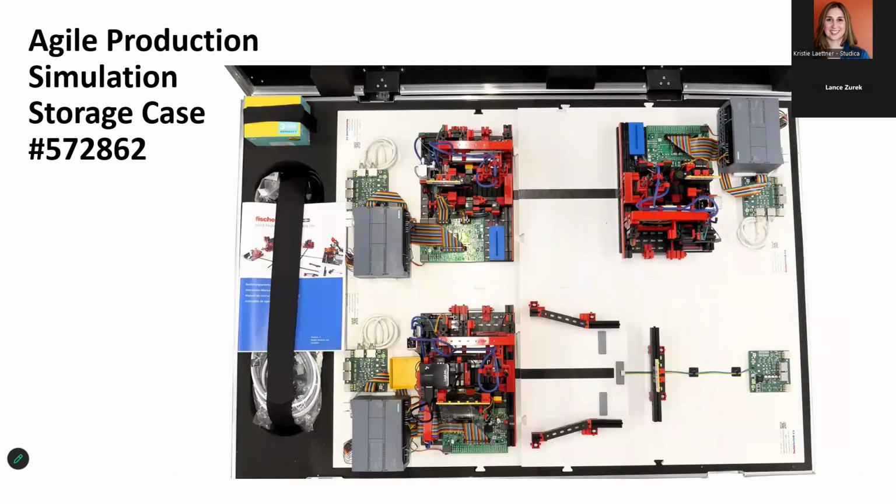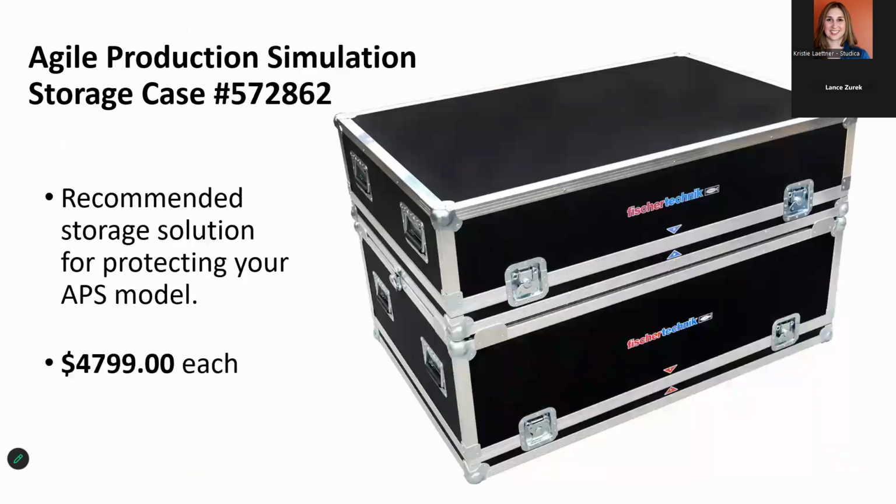The dimensions of this case are approximately 48 by 32 by 29 inches, and it has a weight of approximately 75 pounds unloaded. And when the APS model is loaded into the case, the total weight is approximately 190 pounds. Now, please note that even when the model is kept in the storage case, if you are transporting this model, it must always be shipped flat as freight on a pallet. Now, the cost for the storage case is